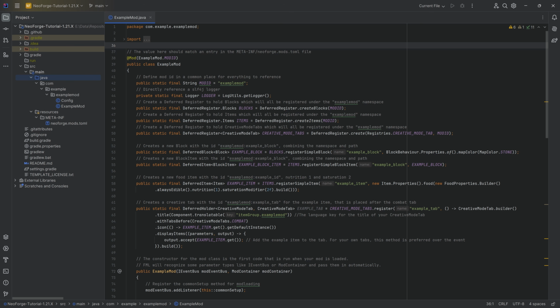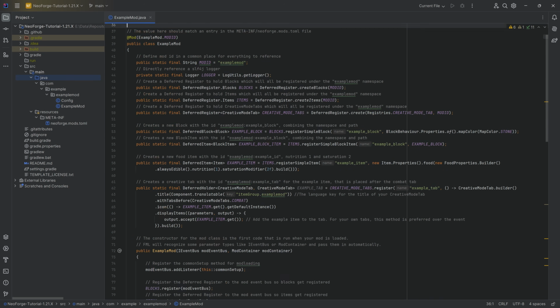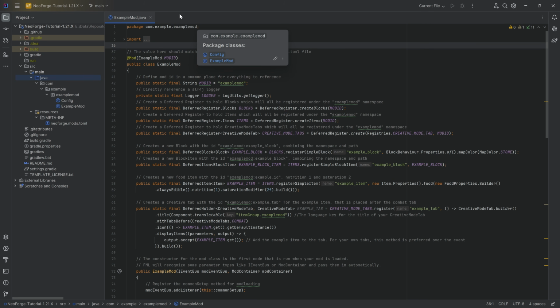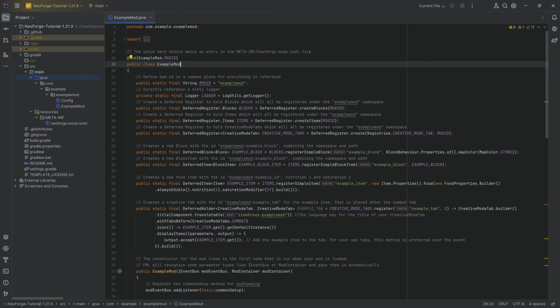But of course, we're not done quite just yet, because there is actually quite a few things to do. Now, the first time you're thrown into this, you're probably going to be like, oh my lord, there are so many different things in here, right? There's so much stuff. What does all of this mean? Well, right now, what we're going to look at is we will actually reshape this particular class, right? The example mod class, first of all, will reshape it where it's located, right?